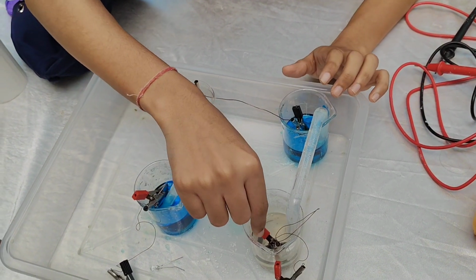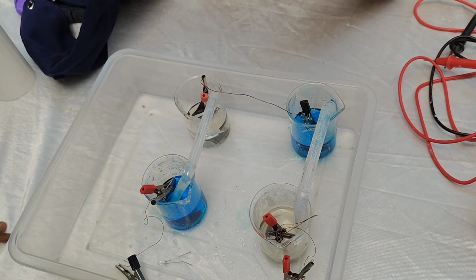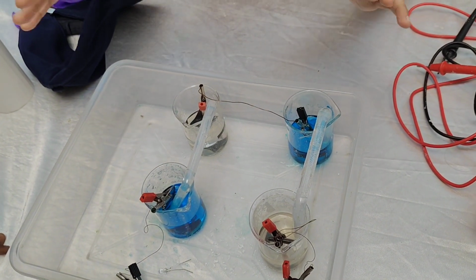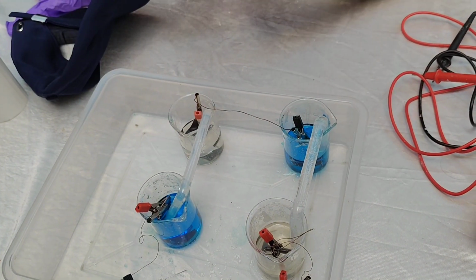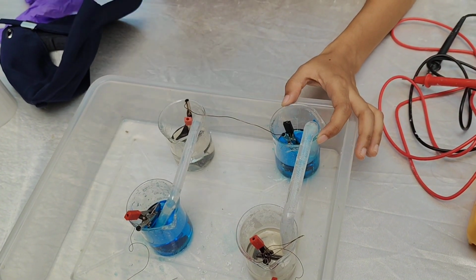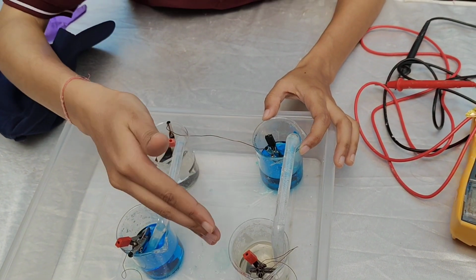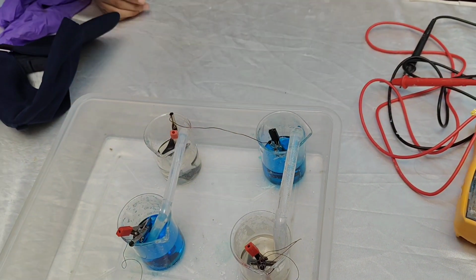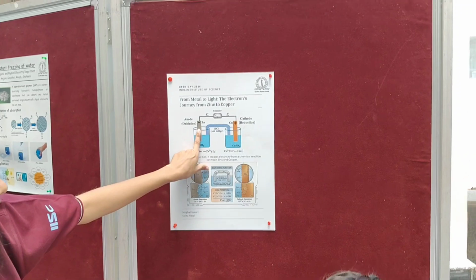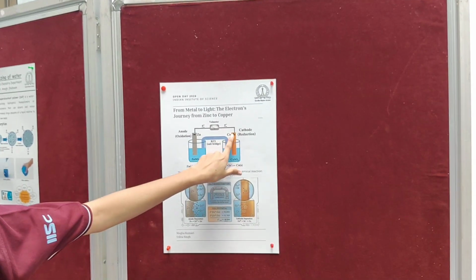So the zinc has a tendency like, I don't want electrons, you just take my electrons. The copper wants electrons. In chemistry language, we say zinc has a lower redox potential, so it loses electrons. You can see this on the right: the zinc is losing electrons and the copper is gaining them.